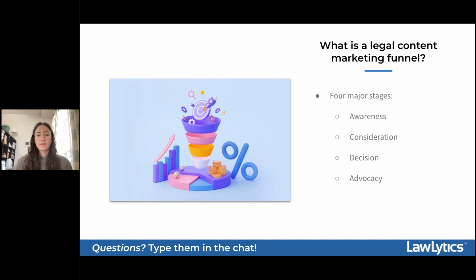And then there's the conversion stage, and this stage begins when the potential client has made their decision to hire an attorney and they're ready to achieve that legal representation. But they still might in this stage be considering their options, and your marketing efforts in this stage should be working to make that final push to convert your lead into a paying client. So a few conversion stage strategies